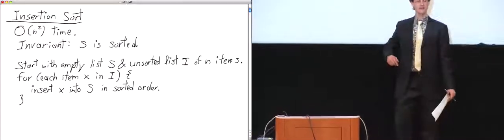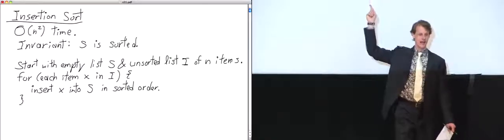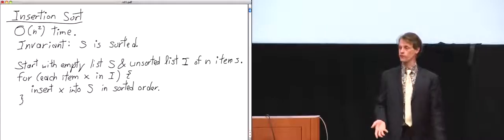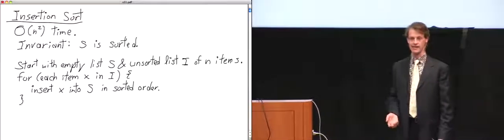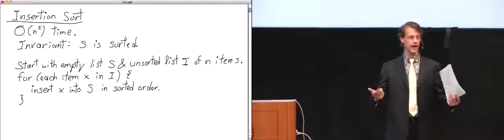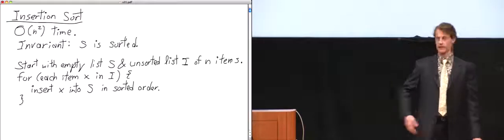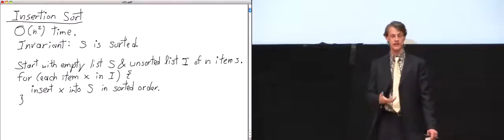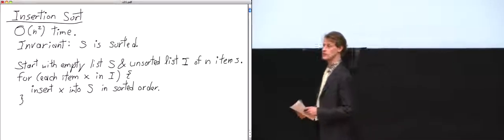Now, this is high-level pseudocode. Obviously, I'm leaving out a lot in that last line about inserting X, but you've already done this in Homework 5. You might recall in Homework 5 you implemented a set class in which you're required to keep all the items sorted. And when you wrote the code for the insert method, you did exactly this. You figured out a way to get that item into that list so that the list was still in sorted order. So I don't have to explain how to do it because you've already done it.